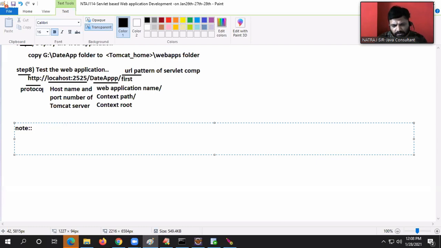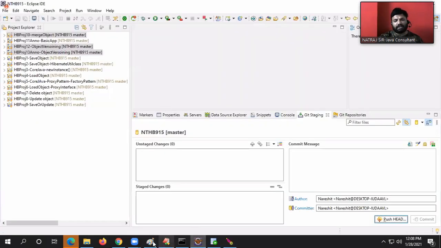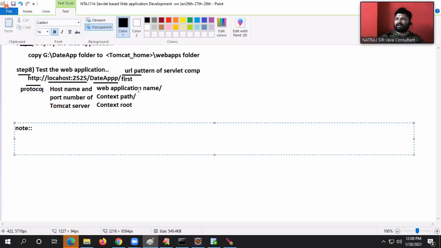Okay. So we are not creating any HTML file, but in pw.println what we did, HTML tags are written. Check it out. In the servlet component pw.println HTML tags are placed. Those tags related messages go to the response object. From the response object, it goes to the web container. Web container goes to web server. Web server gives to browser. Browser displays the web page content. Okay, guys. Note.